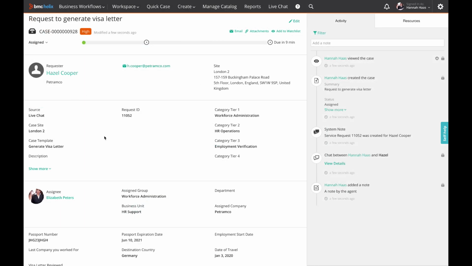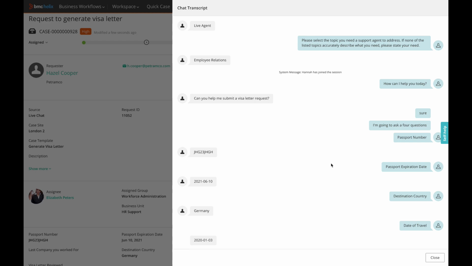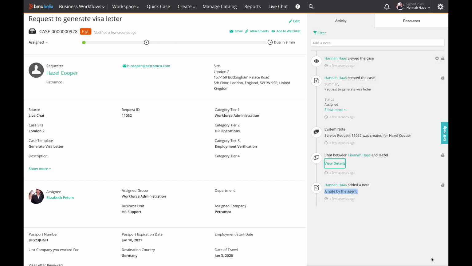When navigating to the case, it shows live chat as source, the note previously logged by the agent, and the chat transcript is nicely visualized as reference for the case agent. Let's take another look at the case created in the live chat. The case shows a request ID and the activity log includes a note saying that a service request has been